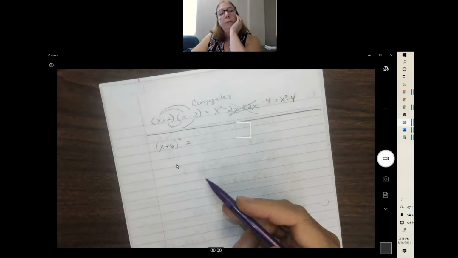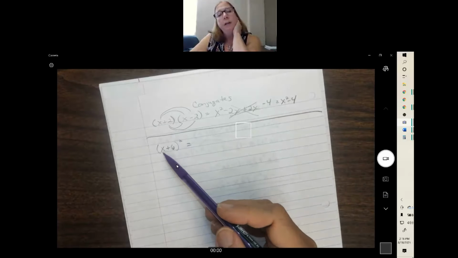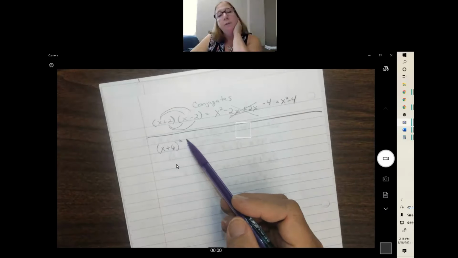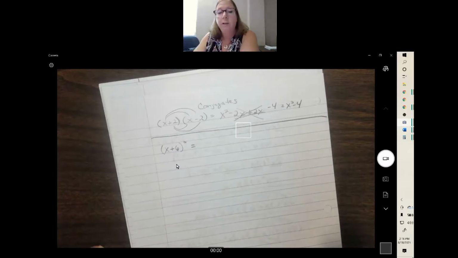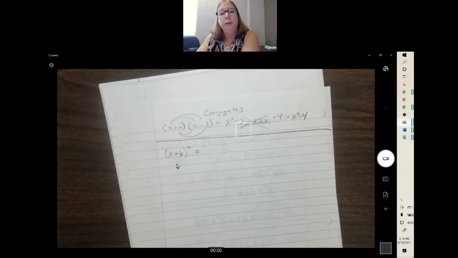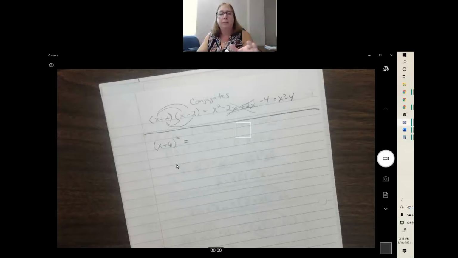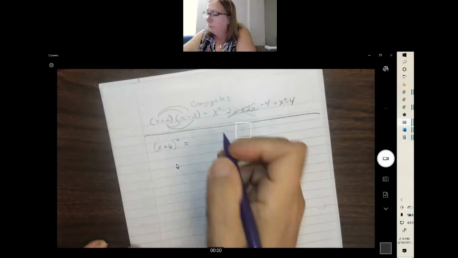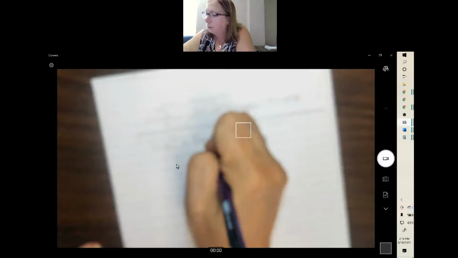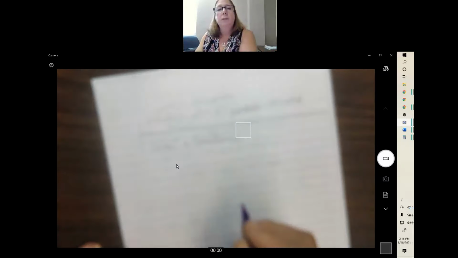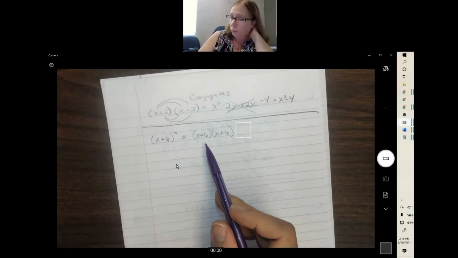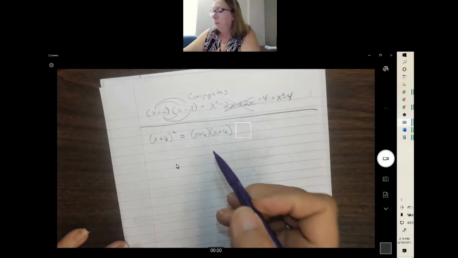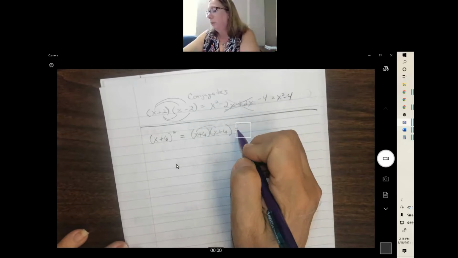The biggest thing you want to be careful of, the most common mistake here, with x plus 6 quantity squared, is students want to put x squared plus 36. But you're missing some terms when you do that. Because remember, squared means to take something and multiply it times itself. So if we just square the first term and the last term, we're losing the two middle ones, the outside and the inside. So when we FOIL this, we have x squared